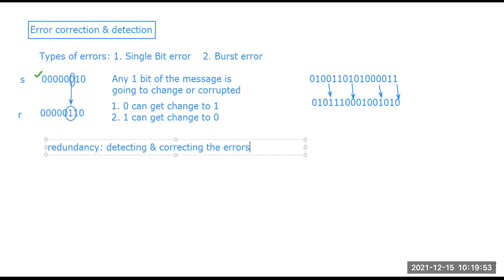So to ensure that no bits actually get lost during the data transfer or data transmission process, we can protect the total message. The part of these redundant bits is useful to protect the message and also to find out if any type of error was detected or needs to be corrected. How this happens, we are going to see, because there are several processes of Hamming code and this type of thing. We are going to see them one by one.